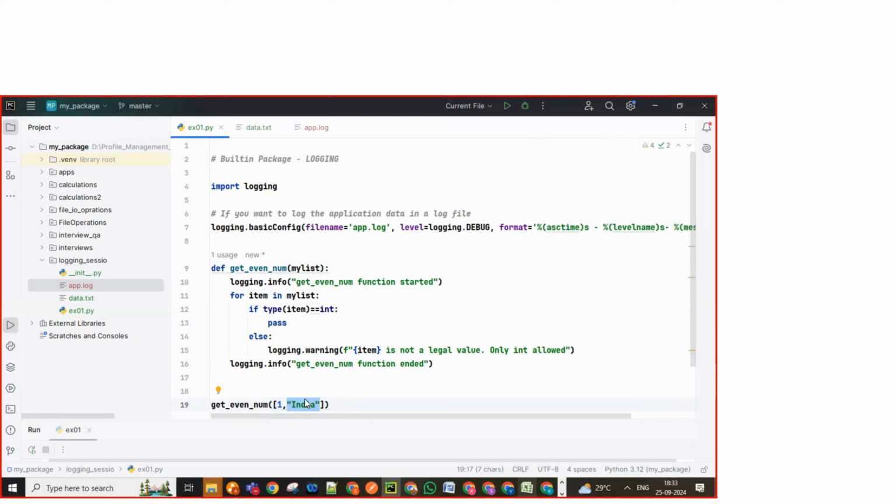It's a warning only, right? It's not critical. This is not something critical, because if something goes bad, that's fine. Still, we can log it and say it's a warning: it's not a good value. If I execute this now,